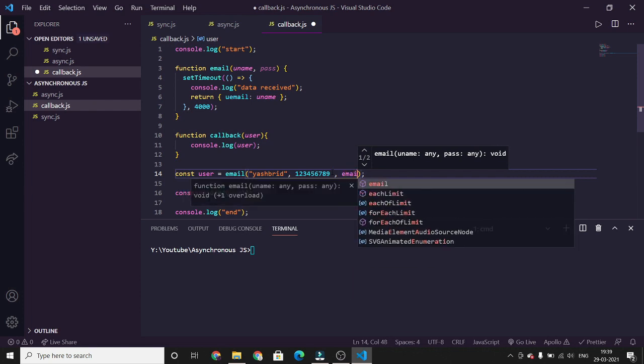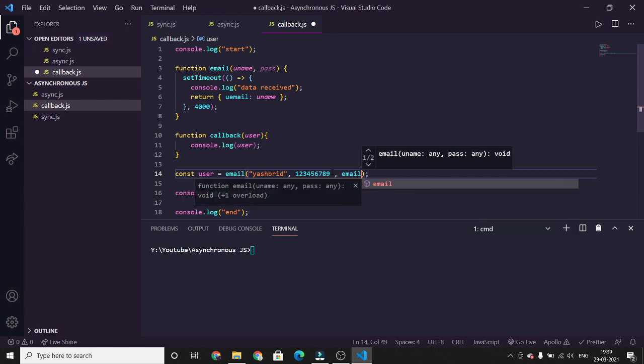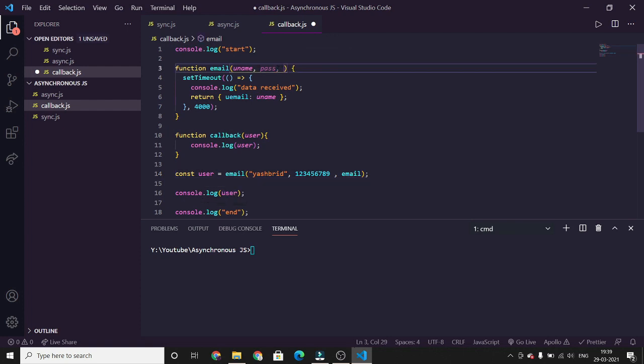So call it here, email, and we need to mention it up here. When we receive data, we should call this function and pass the received data as a parameter, so it will print that received data. So instead of return, we should call the function.